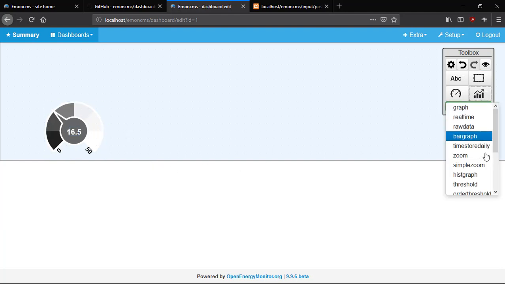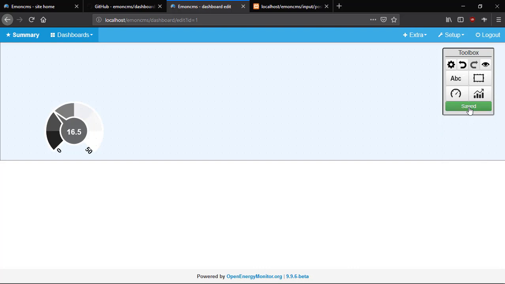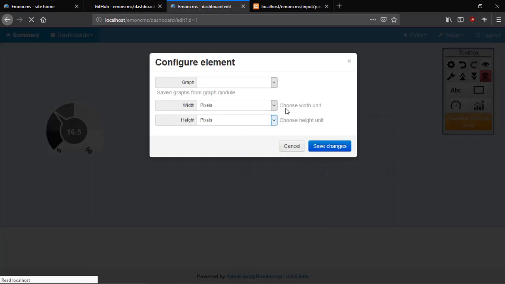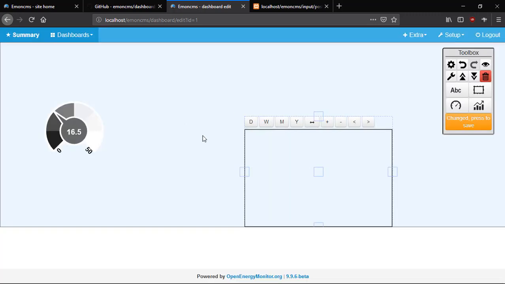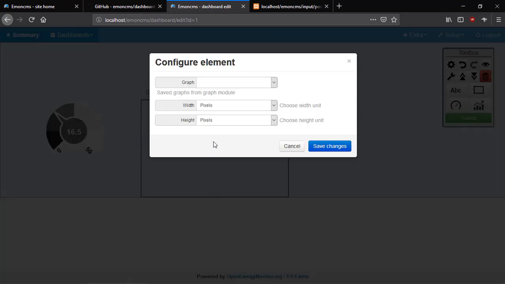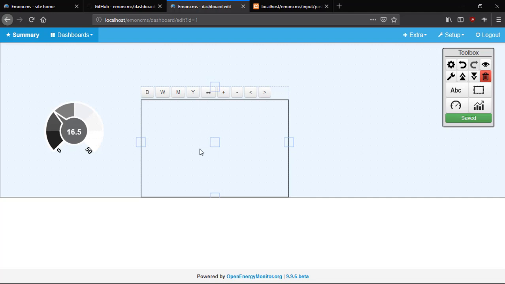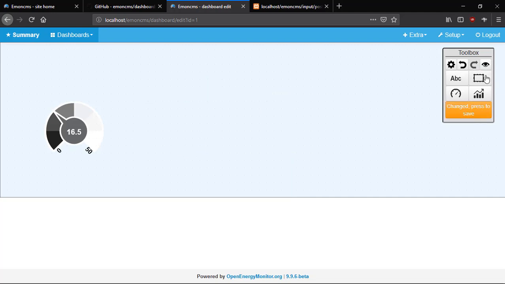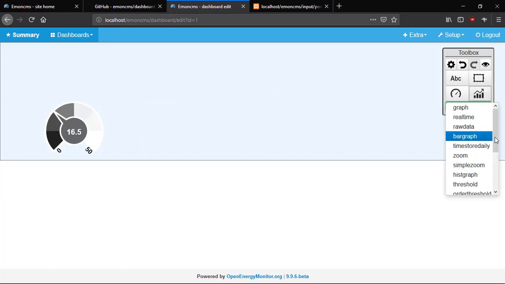So here I want to display graph here. This is to configure the graph, but unfortunately we haven't saved any graph yet, so just save path from the graph module. So if you want to delete this widget, just click on the trash bin icon, and